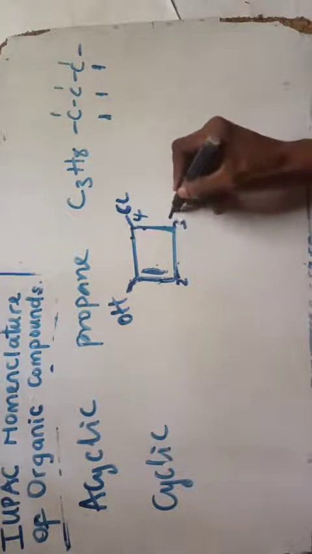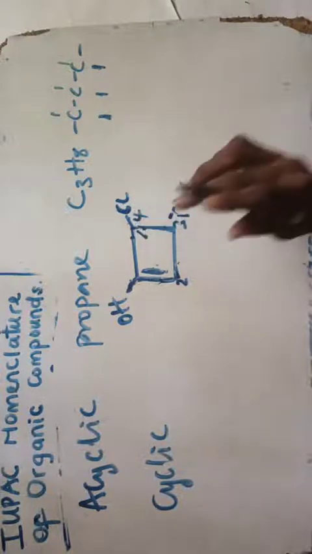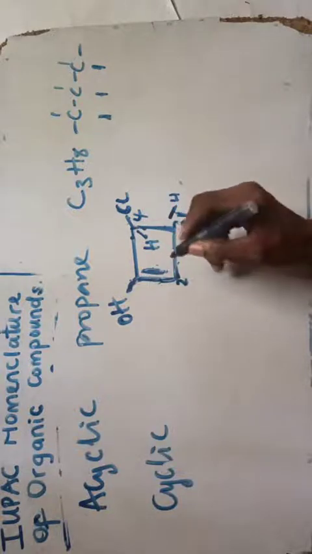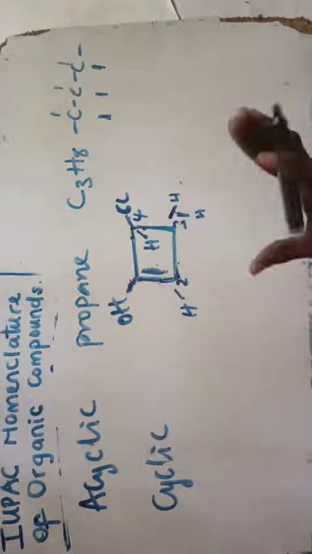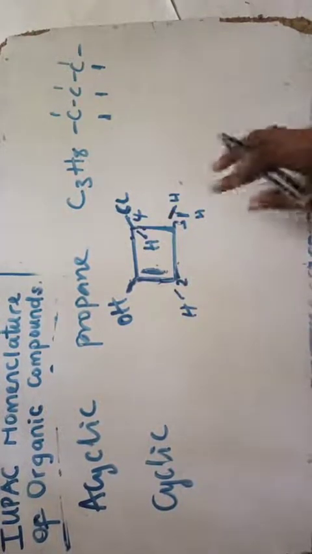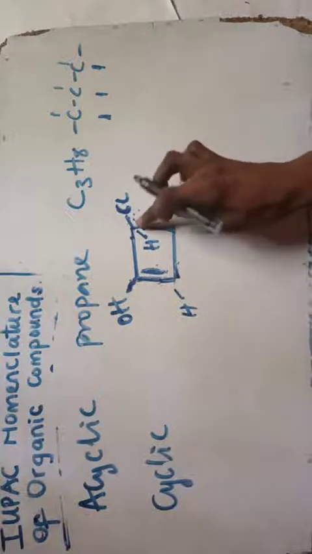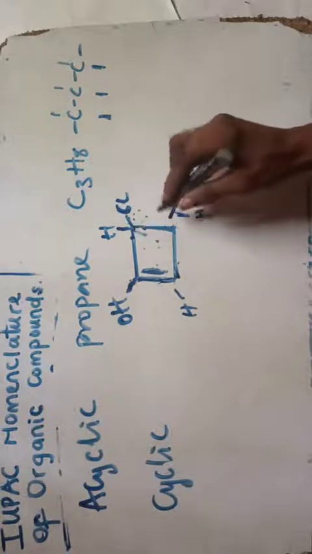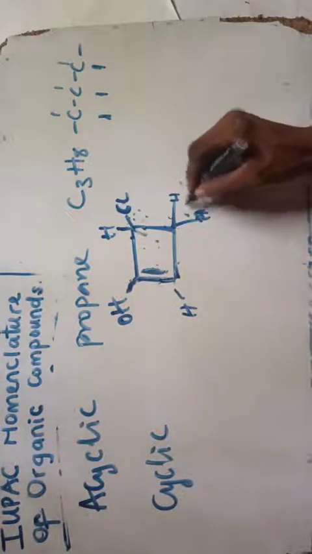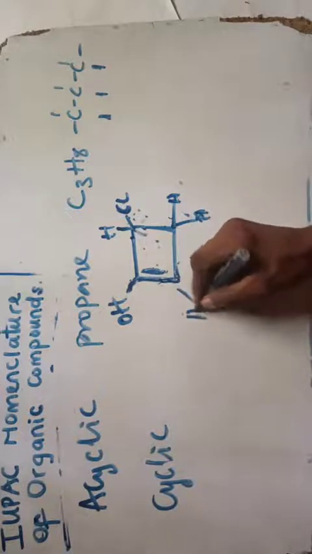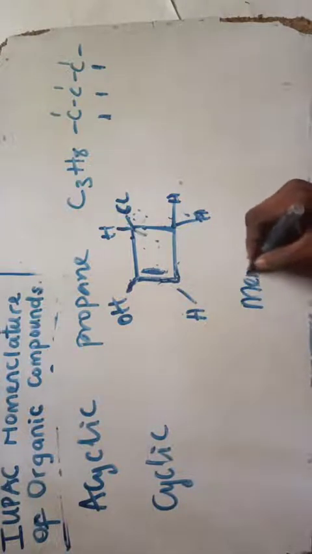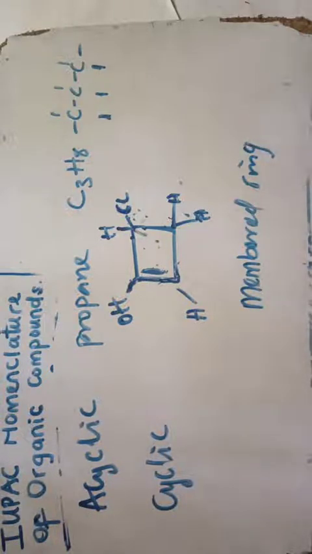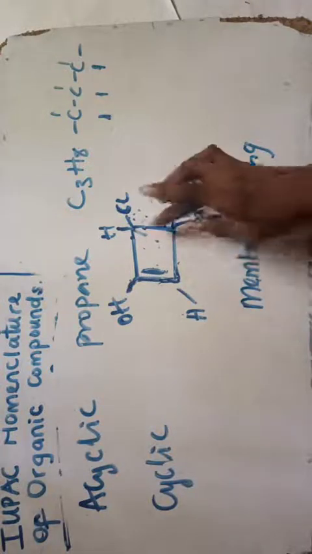So here is 1, 2. How many hydrogens does that mean? 2. Here it means a single hydrogen. Here, 1, 2, 3, it means 1 hydrogen. 1, 2, 3, 4, correct, no hydrogen here. So therefore, you want to name this. Now, what I just did: if I clean this and put this hydrogen here, and these two here, and a single hydrogen here, this is called a membered ring. Cyclic, a membered ring, when you show your hydrogens present.